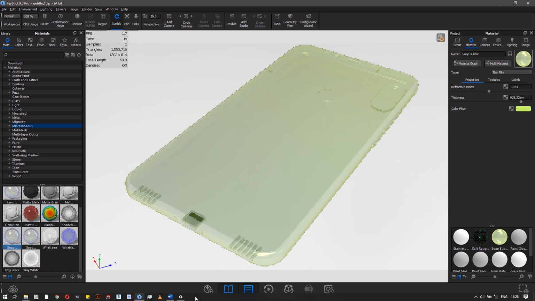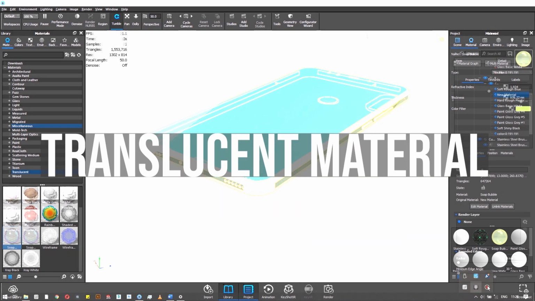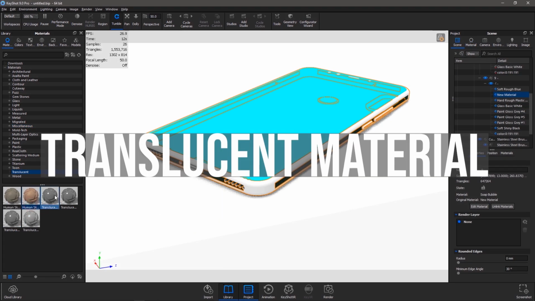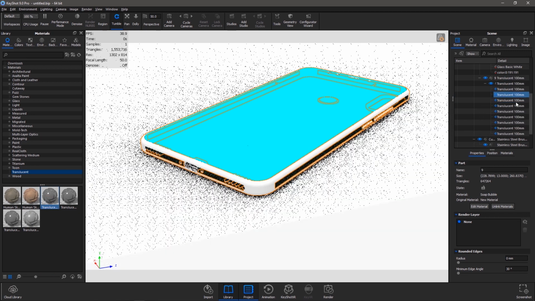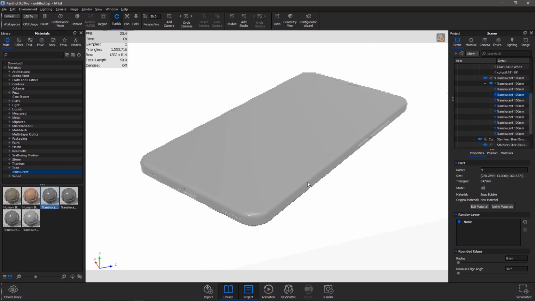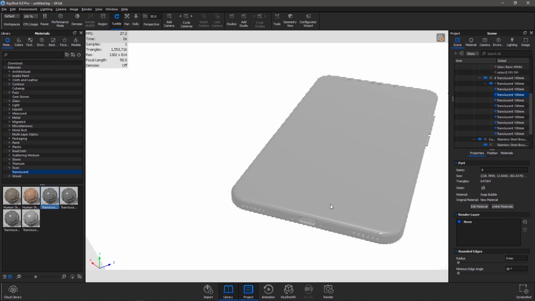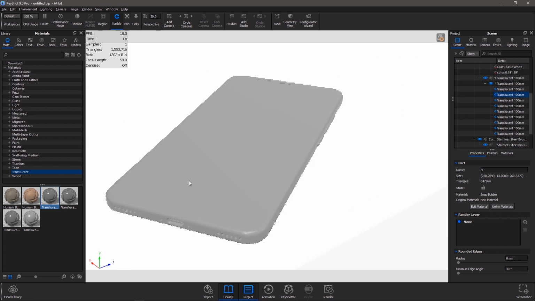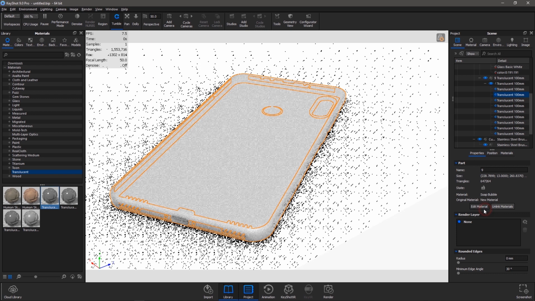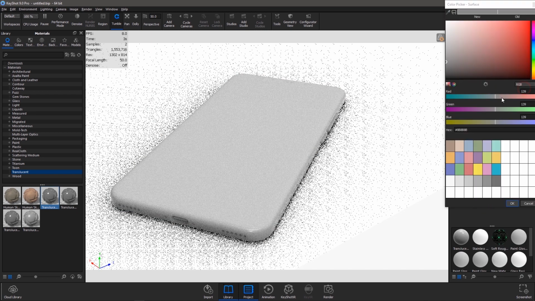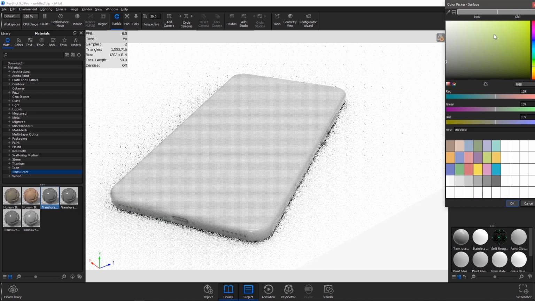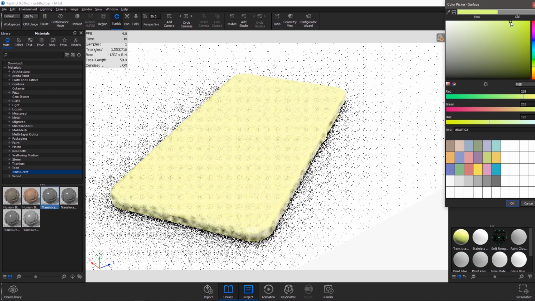And the last material type we are going to discuss is the translucent. This material type lets us control the scattering properties which can be found in skin, plastic, and many other materials. The variable properties are surface colors, subsurface color, translucency, texture, specular, and roughness, and few others are refractive index and global illumination. Let's go through them one by one.